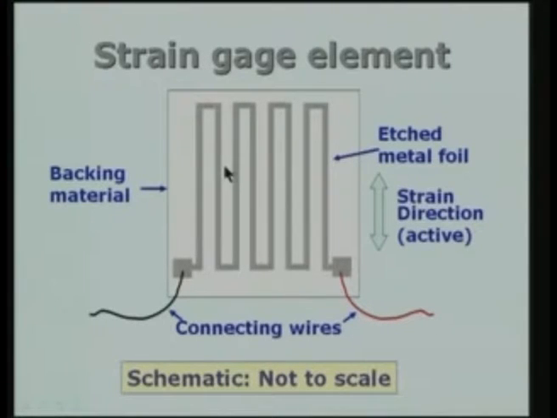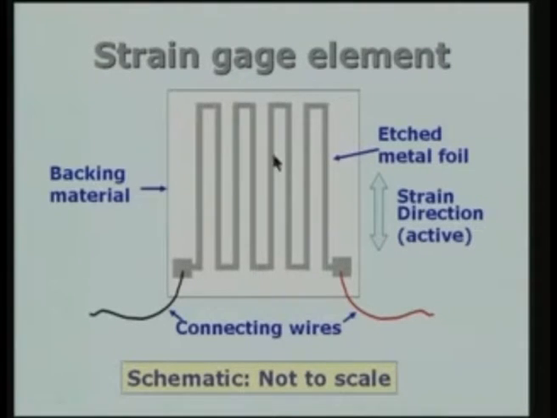And the strain gauge element in the form of this wavy distribution of material is actually held by a backing material, and this backing material may be made of plastic or paper or some such material, and this is usually bonded to the surface whose strain we want to measure. The strain gauge is used to measure the strain of a surface on which it is mounted. The assumption is that the wire, or the conductor which is shown here, is going to undergo a strain which is identical to the strain undergone by the substrate, the material on which it is bonded.